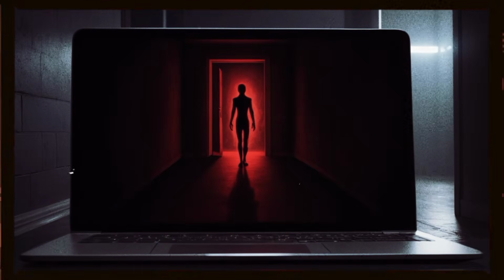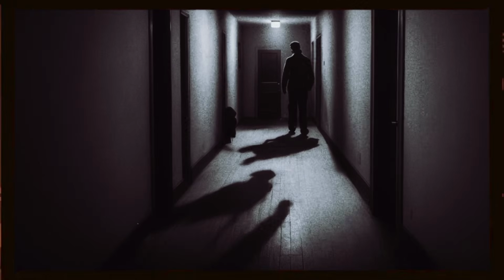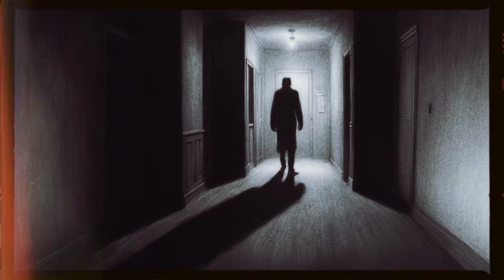I packed a flashlight, the key, and a burner phone. I didn't tell Devin. Didn't leave a note. I just followed the map, step by step, toward the blinking red dot. The forest was silent. Not just quiet, dead. Even the wind felt like it didn't want to be there. And then, through the trees, the house. Just like before. Same decayed roof, same breathless windows. The key vibrated in my hand as if it recognized the door. I didn't knock. I turned the lock. It clicked like it had been waiting years to open.